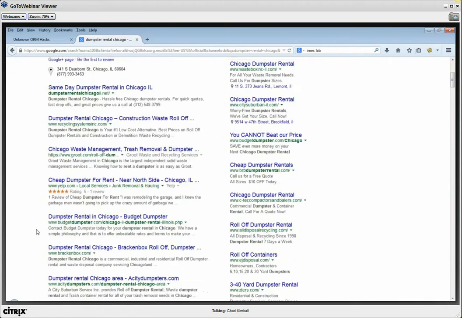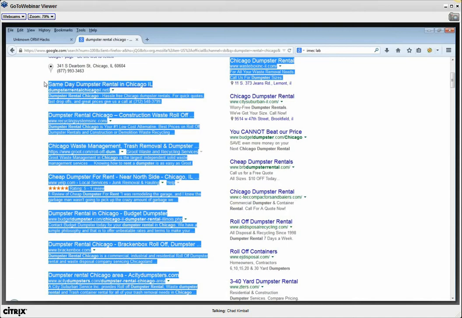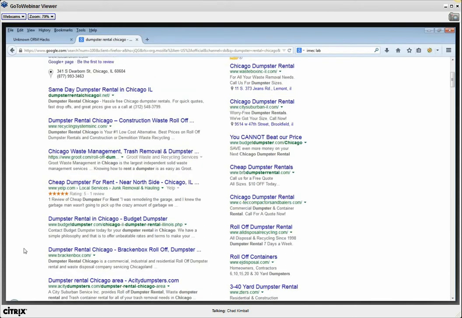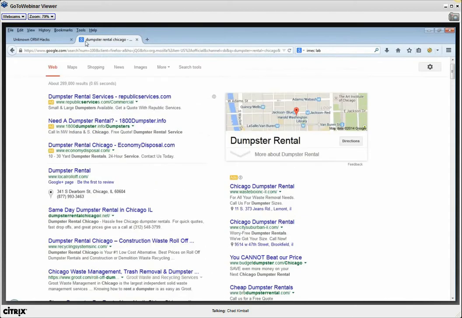So what you see down here, these are localized organic results. I'm getting all these results because I'm in Chicago. Google's showing me all these, but these aren't in a local pack. These are regular organic results. So it probably works for that, but it doesn't work for a local pack like this, or like we saw